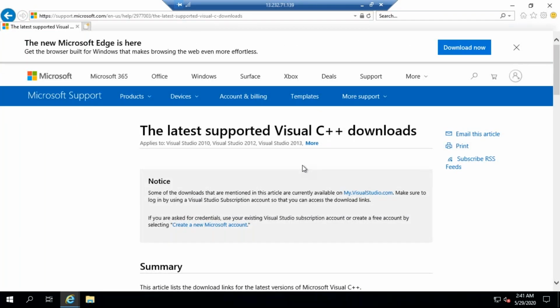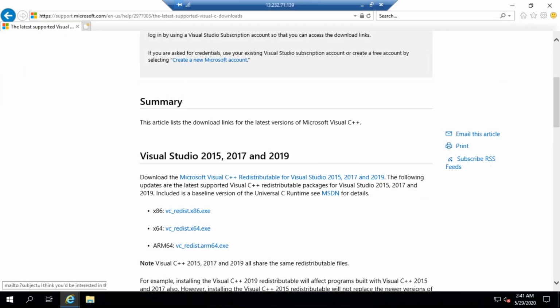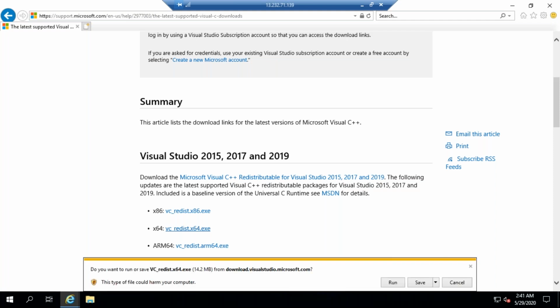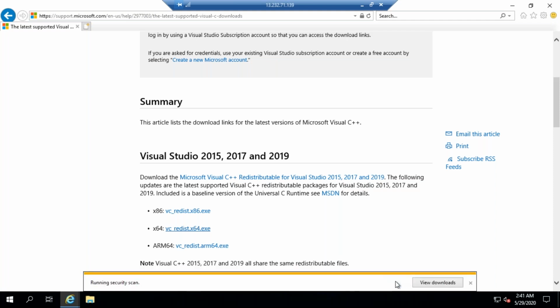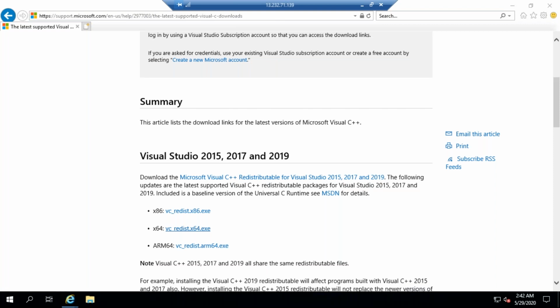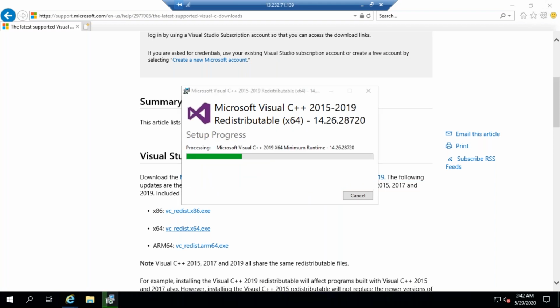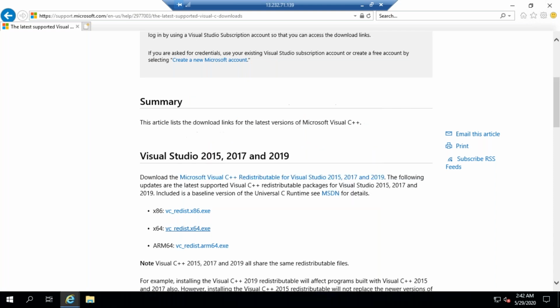Come down, just click on the 64-bit. You can run it directly, you don't need to save it. This exe file you can run directly. Agree to the license terms and conditions. Install it. So this is installed.